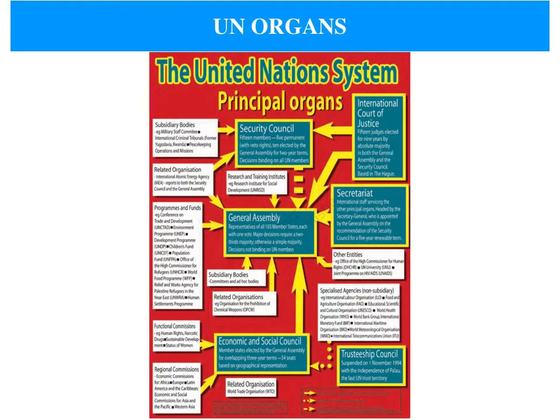Now, all the green boxes that you see in this chart are the principal or main organs of the United Nations, and the white boxes are the various funds, programs, specialized agencies, etc. of the United Nations. Now, as per your syllabus, we need to cover the main organs or principal organs and 4 specialized agencies, which we'll be doing later, okay? So the first organ that we're going to do is the General Assembly.